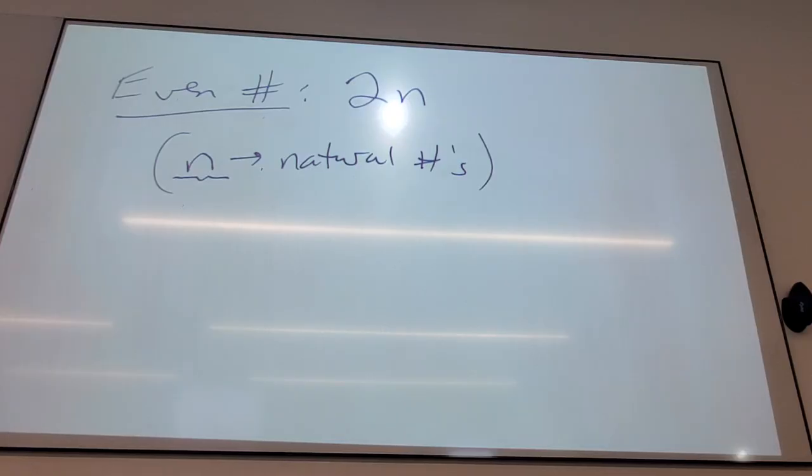So, odd numbers are a little weird. Can somebody help me out? Start counting even numbers. Go for it. 2, 4, 6. How are odd numbers related to that? Like if I had a number line, 2, 4, 6, how could I shift things so I can get all the odd numbers? Shift everything by 1. So if I have an even number,